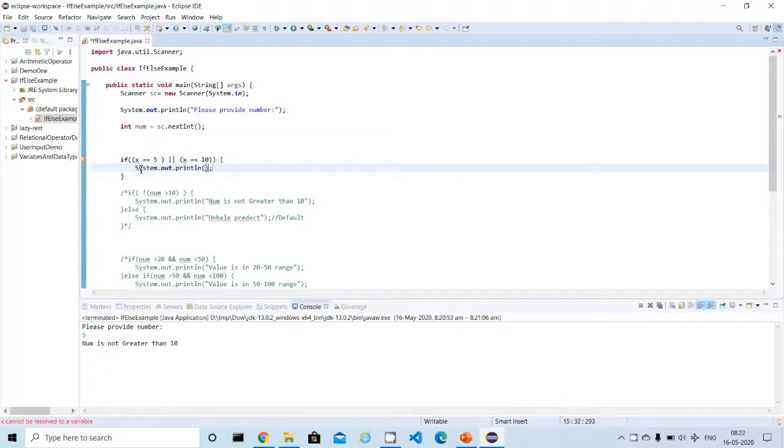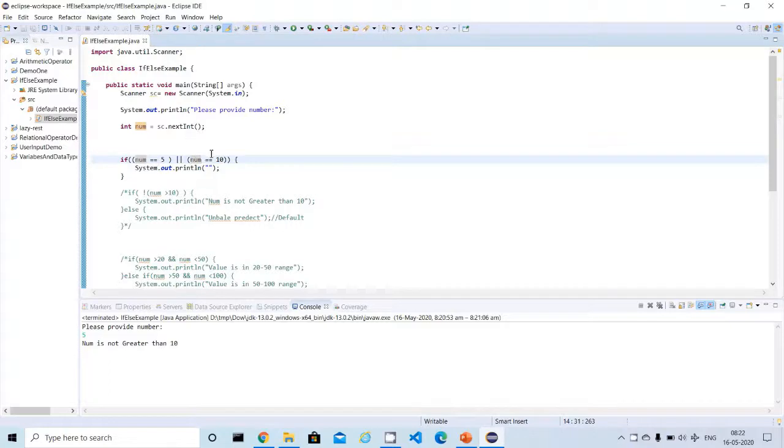So it's quite opposite to the logical AND operator. The logical AND operator will expect both left and right sides to satisfy the condition to make the result true, whereas the logical OR operator can execute whether the left or right side is true, or any one is true. Whether the left side is true or the right side is true or both sides are true, it will produce the result. But if both the left and right sides are false, then it will not execute the result statement.